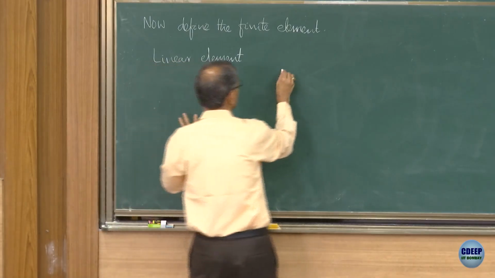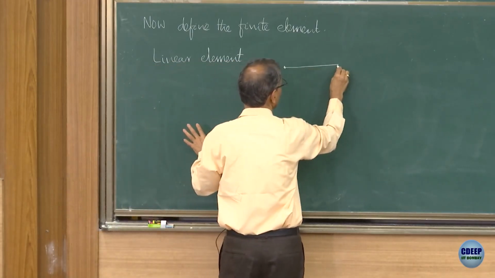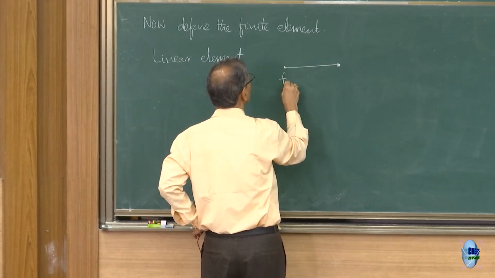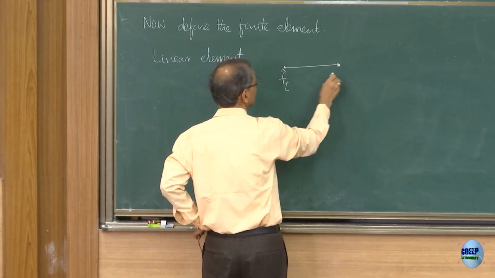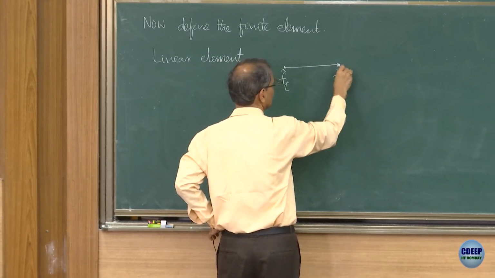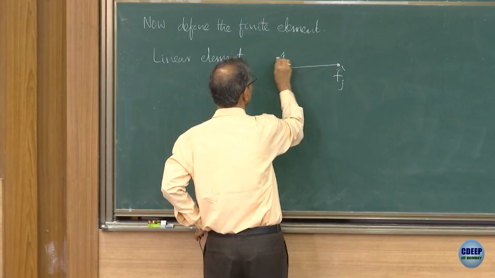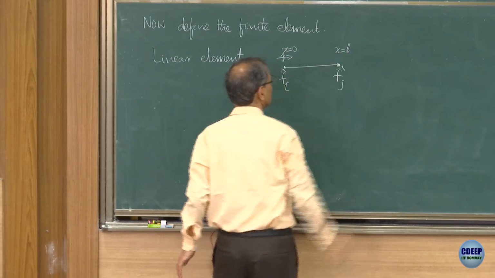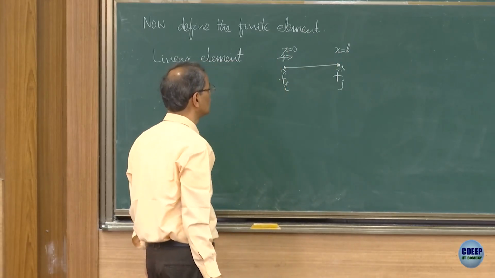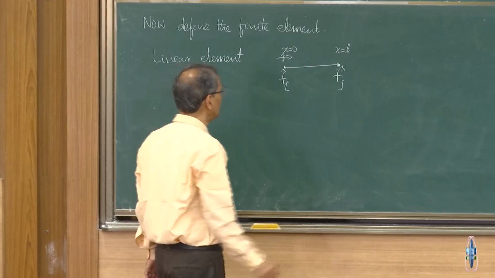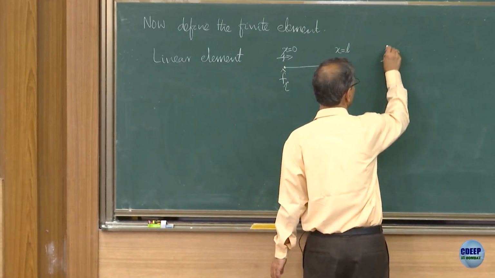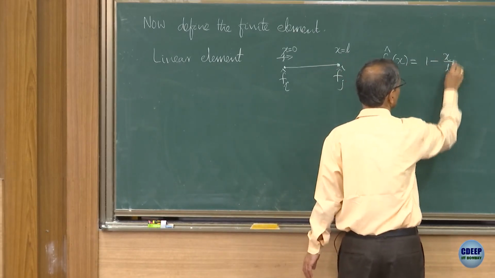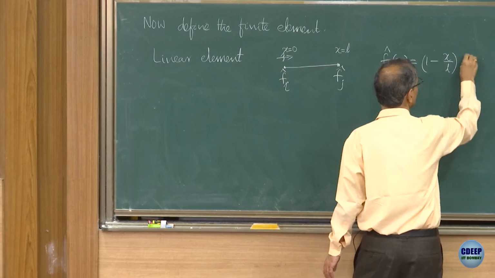So it is a straight line, with function values f i hat to f j hat. Small x is 0 here, small x is small l here, over the length of the element, and f of x is given as